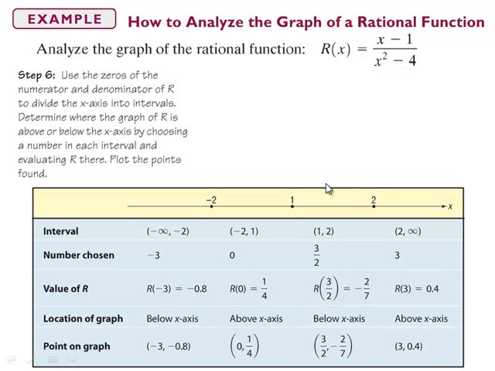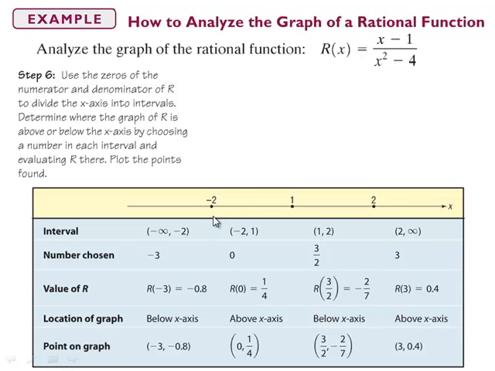Now, when you plug in -3 for x, you get -3 minus 4 divided by 9 minus 4, so you get -4/5, which is -0.8. Now, with that negative value of the function, that means that the graph is below the x-axis